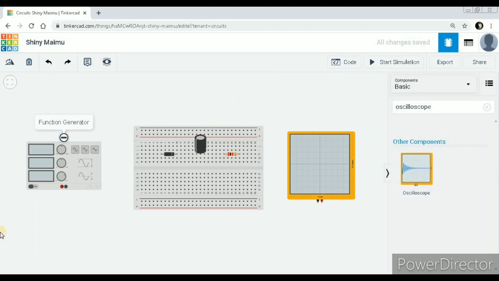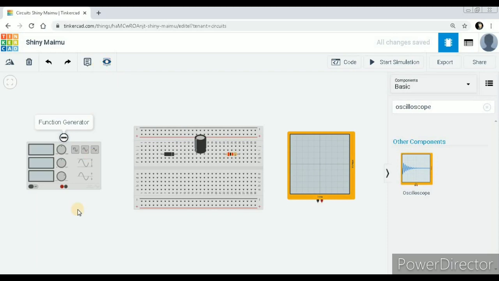Then next step, you need to connect the components. The components are separated and not yet connected. They are just placed on the breadboard, and the output and input devices are not yet connected. So all we need is wires. First, from the function generator we can connect. Here you could see positive and negative.